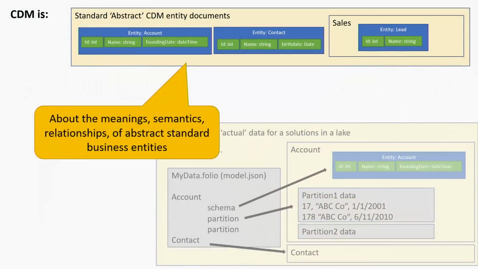Okay, what else is CDM? CDM is also about these things we call standard entities. You saw Robert map to a standard entity, account. Well, these entities are defined on GitHub, and they're full of all kinds of semantic information about the shape of the entity, what attributes are in it, what those attributes mean, and how everything is related to each other. And these are actually arranged into a bit of a hierarchy because sometimes we have entities that are reused